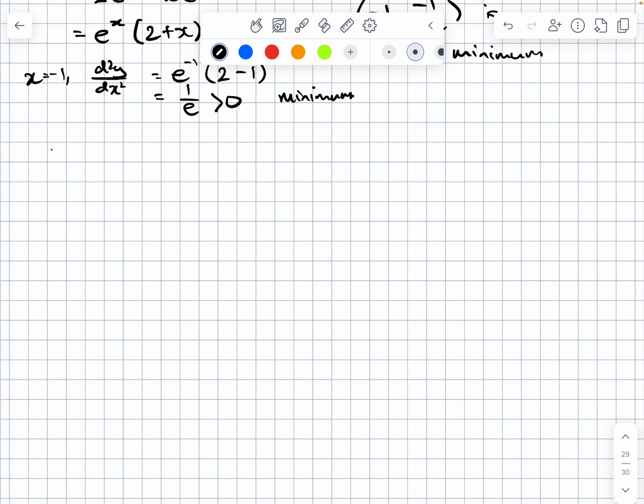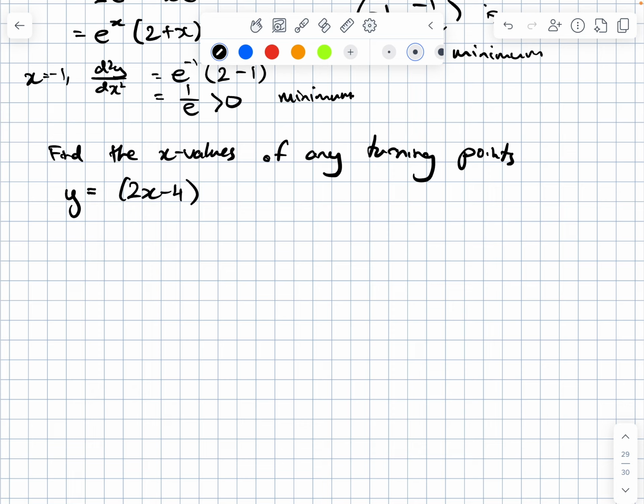Last example, find the x values of any turning points of the function y equals (2x minus 4) times (x plus 4) to the power of 5. Now this question doesn't ask for you to classify anything, so we just need to find those x values and then we are done. Product rule,